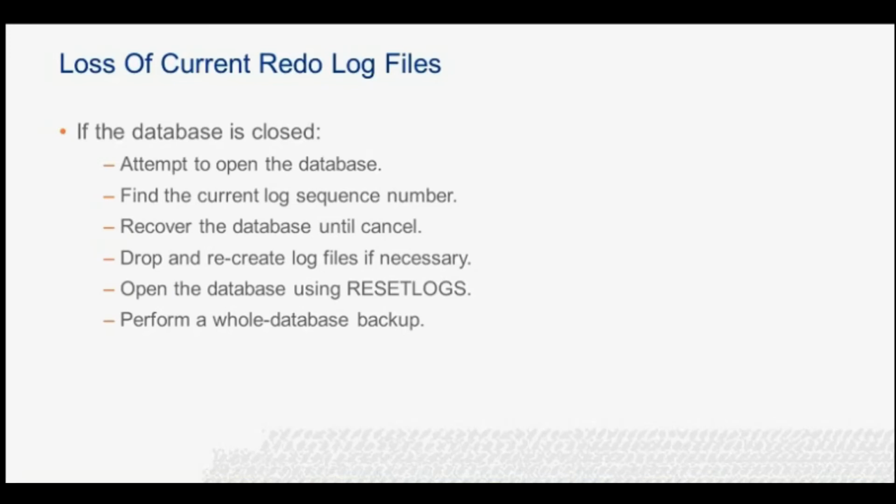Because log group 2 is the current redo log group, it will not have been archived. Using the clear logfile command is of no use, so incomplete recovery is required. First of all, we must note the current log sequence number from select * from v$log. Next, we restore all data files from a previous backup, and then we use the recover until cancel command and stop before redo log 61 is applied.